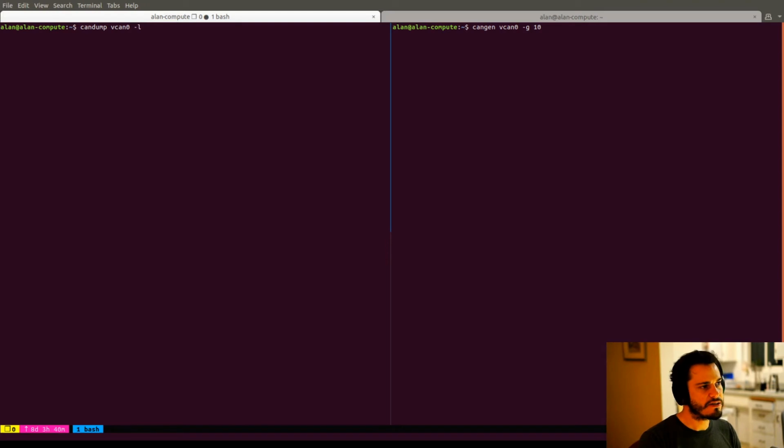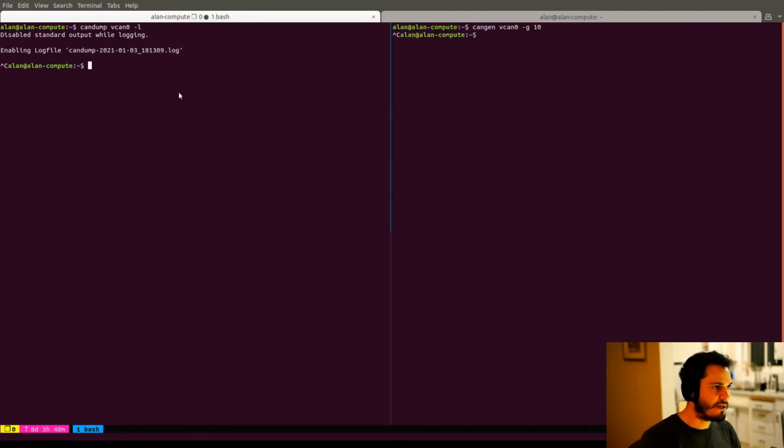What that -L does is save it onto a log file, and we'll be able to inspect what the log file looks like. If I hit enter, it's saving all of this data to a log file, and I can stop it now because we probably have enough data. I'm going to stop this one as well.